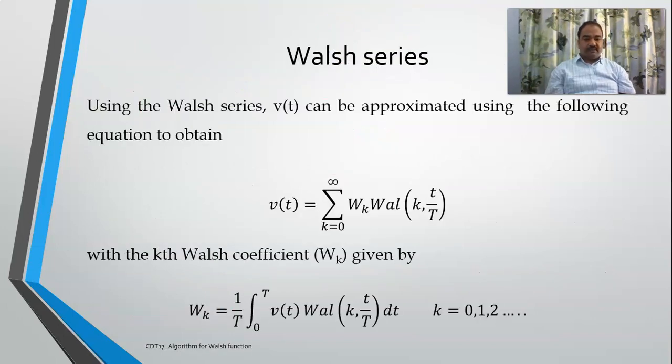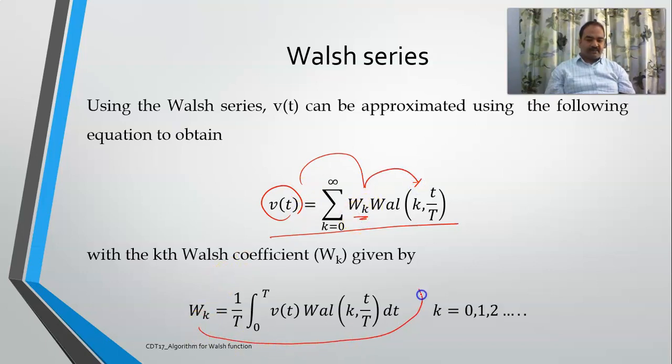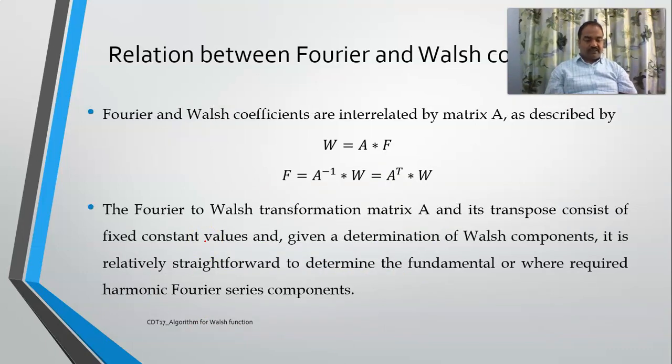That's already been said. This is the Walsh representation of the voltage signal in terms of Walsh coefficients and also Walsh functions. These Walsh coefficients are determined using this particular equation. Right. So what is the relation between Fourier and Walsh coefficients? That is also something we tried in the last lecture itself. So this is the representation of Walsh coefficients and Fourier coefficients. You know that